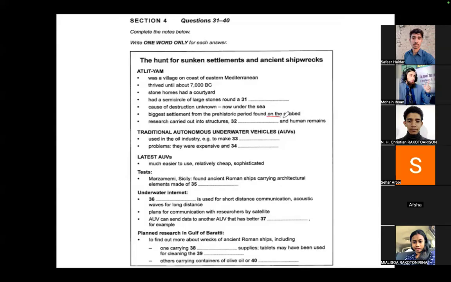It's been described as the largest and best preserved prehistoric settlement ever found on the seabed. For marine archaeologists, Atlit Yam is a treasure trove. Research on the buildings, tools, and the human remains has revealed how the bustling village once functioned, and even what diseases some of its residents